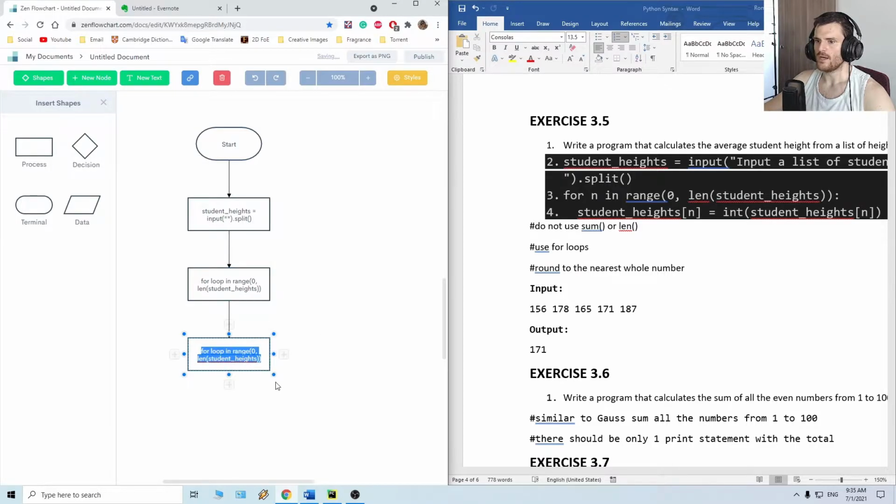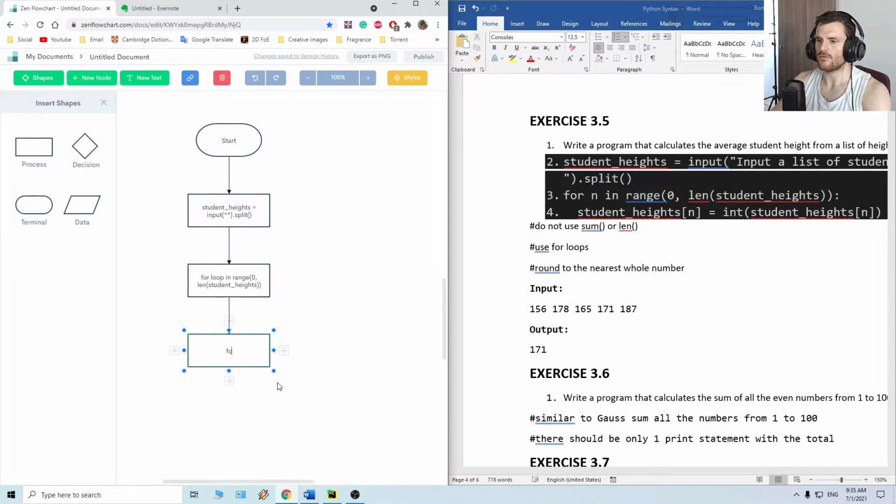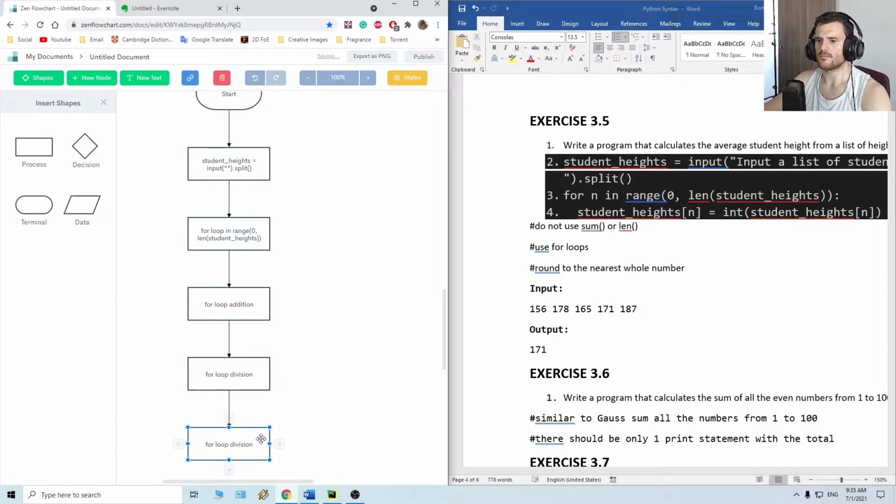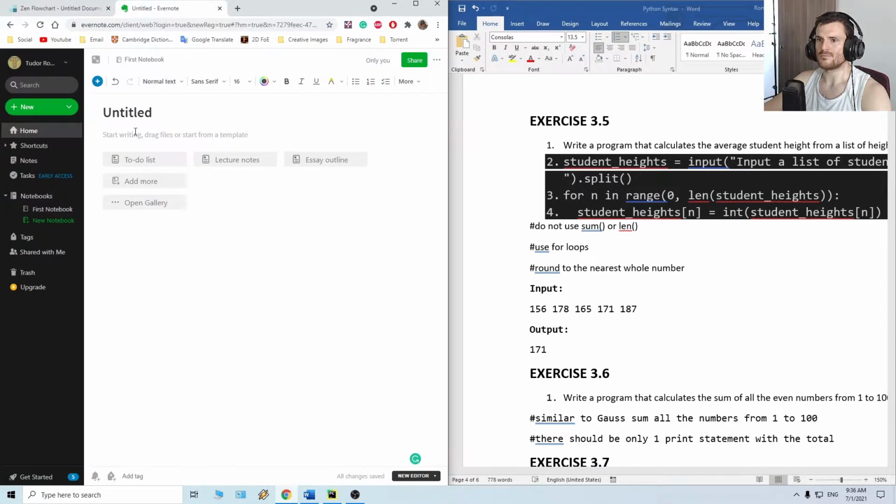Okay, we have the for loop in range. We have to make the for loop addition, for loop division. After this, basically, the program is done. All right, let's go to the pseudocode and make a comment and say addition. Right, so we say for